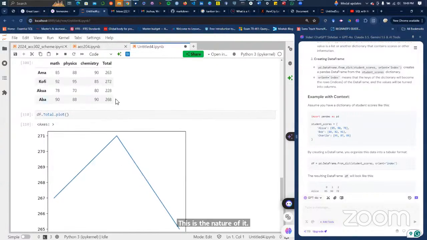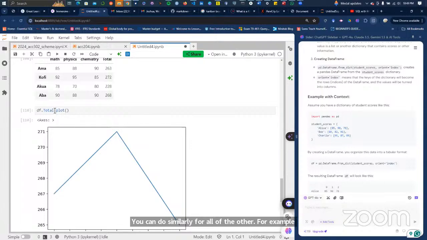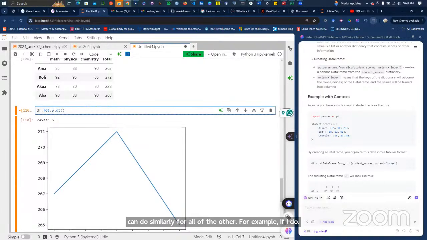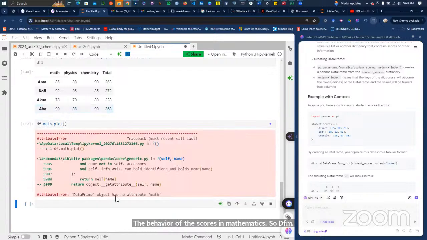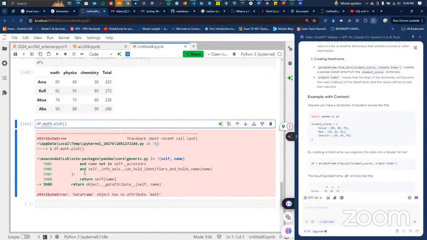You can do similarly for all of the other objects. For example, if I do df dot, I want to see the behavior of the scores in mathematics. So df dot math dot plot. Okay, so this math is for df1.